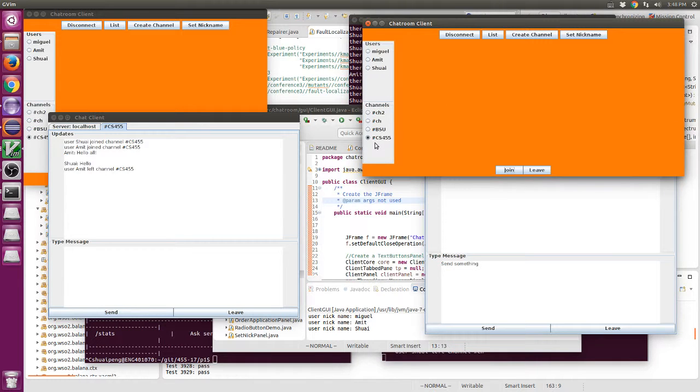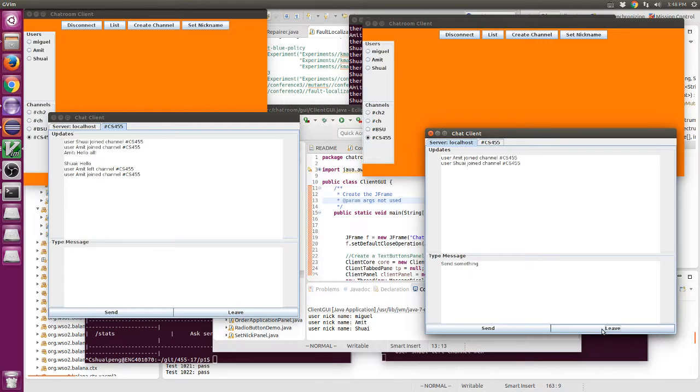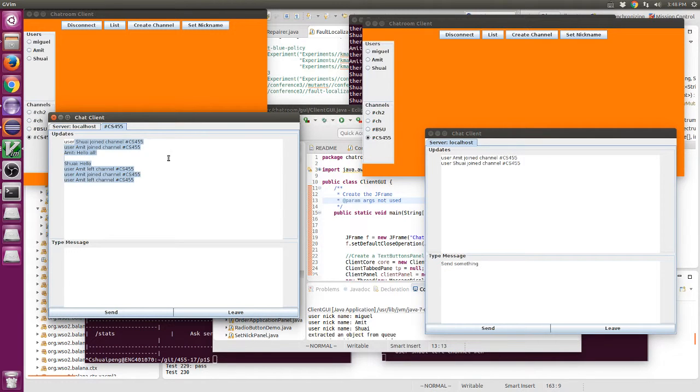Does it work if we rejoin? Yes, it does. And we can just leave again. But we actually have to be on the channel. We leave and we still get notifications. There's room for improvement. If we join multiple channels, we still need to isolate the update boards on every channel to be more specific. Right now we have room for improvement on our GUI, but for now it does satisfy